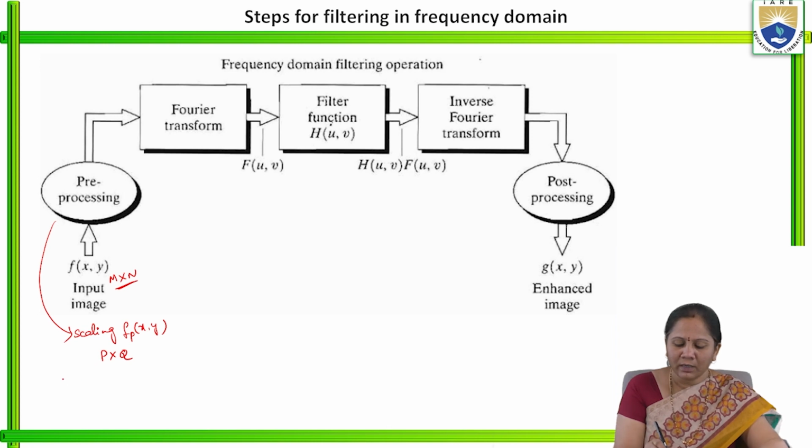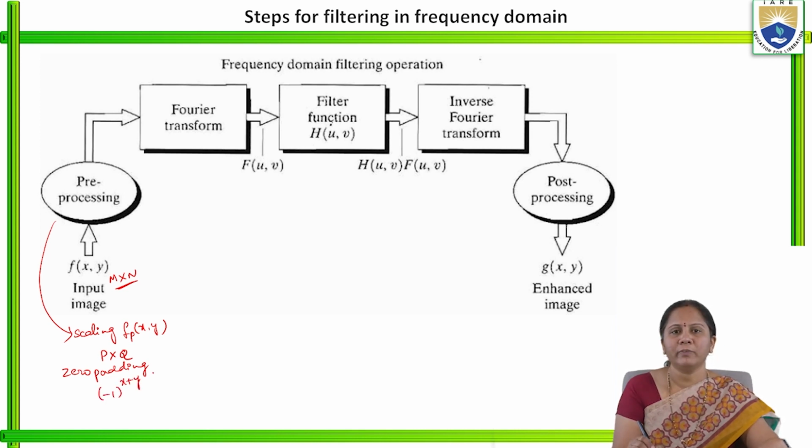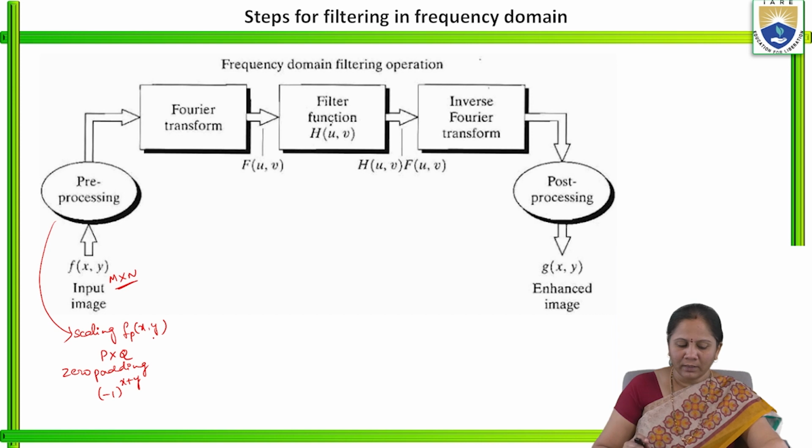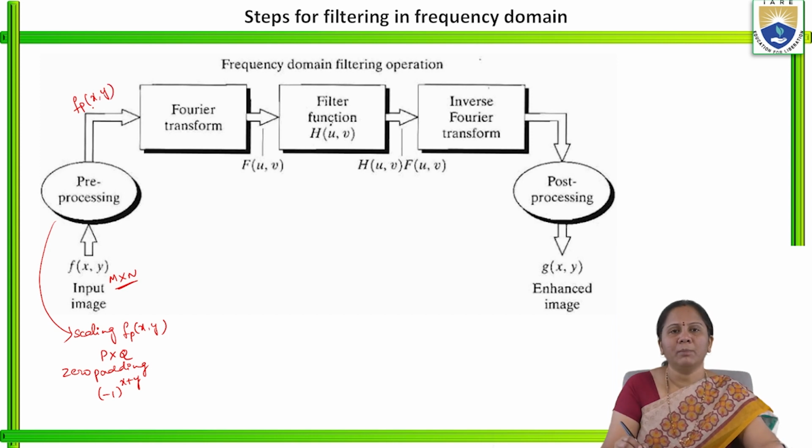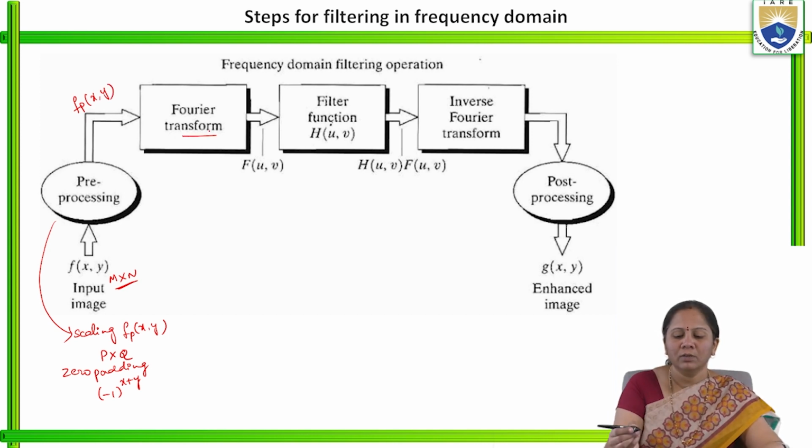After that, zero padding is done. After performing zero padding, you are going to get fp of x comma y. After that, we have multiplied with the value minus 1 power x plus y. All these come under pre-processing, and the output of this pre-processing stage is fp of x comma y, which is given to the discrete